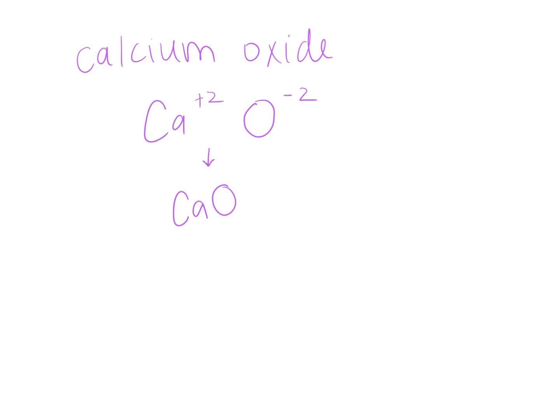You want to try another one? And remember, the written name for it is just the cation name and then the anion name. Okay, whenever we build ionic formulas, the cation always comes first. Always, always, always. Any chemical formula that we build is always built left to right on the periodic table. So whatever element comes first on the periodic table, farthest left, that's the one that's going to go first in our name. So this is left to right? Always left to right. Okay, we're going to build them always left to right. All right, let's try